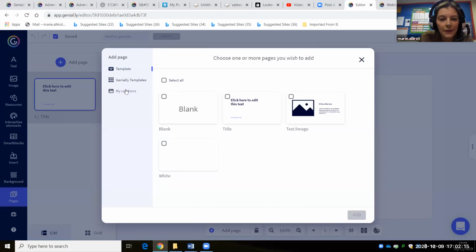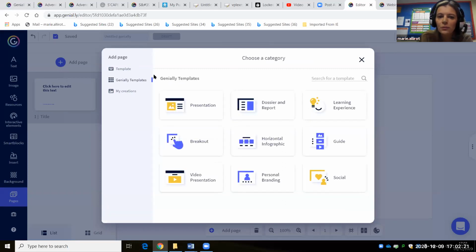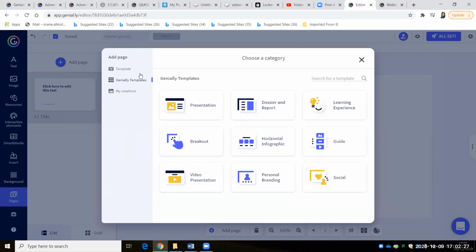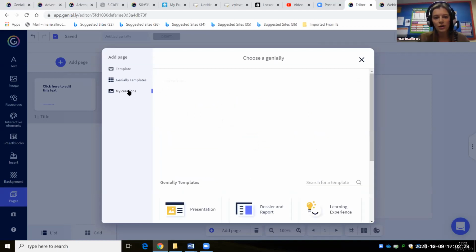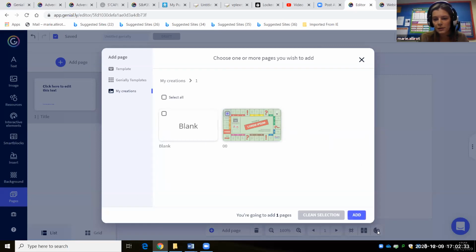I didn't know that. I'm showing a long way around. I think you can do Genially template, and then, yeah, you can do from Genially template. So both work. My creation. If I go to my creation, I go back here and I just add this.